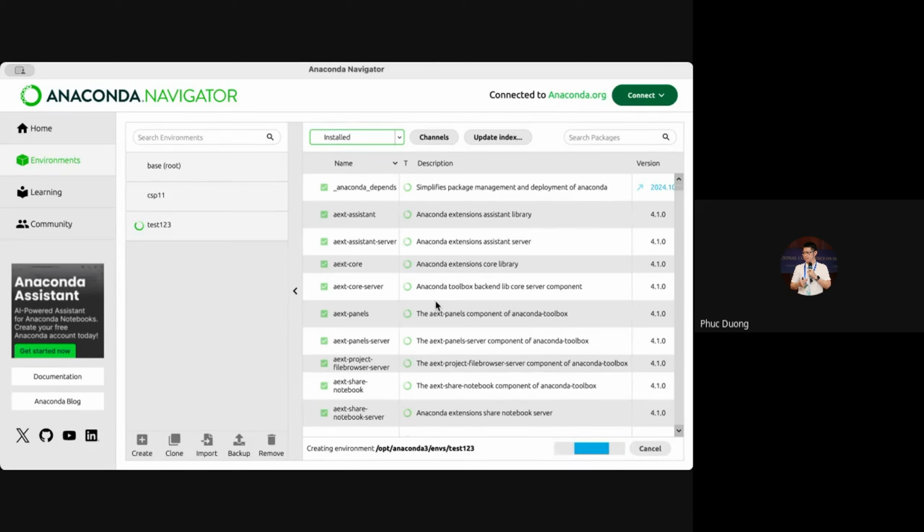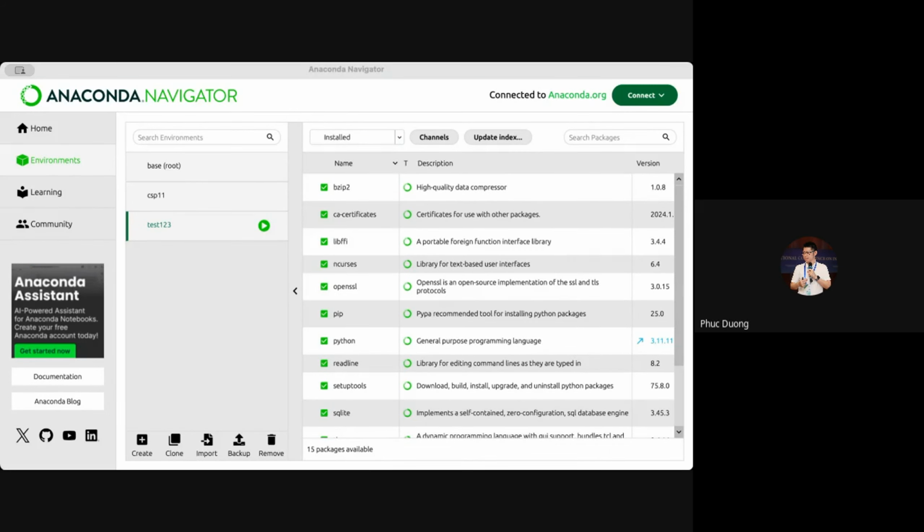It can take some time. Okay, after you successfully create a virtual environment, you can start a terminal or a command line of that environment by clicking the play button and selecting Open Terminal.